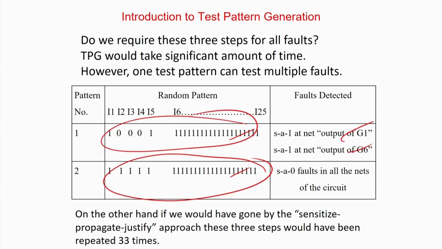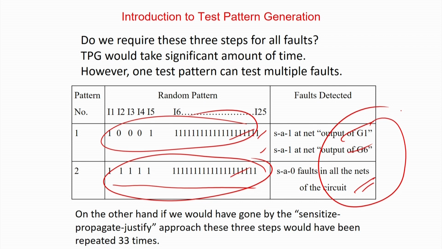I apply all ones as a random pattern, because randomly some arbitrary pattern you generate and apply and see how many faults get covered. If this is generated randomly, you will find out that stuck-at-0 faults in all nets are covered. Generally, in random test patterns we sometimes also apply some deterministic ideas, that we always use all 0 and all 1 patterns for testing, because they have slightly high coverages. But these are some offshoots from the algorithm. For a very normal situation, you just say I apply random patterns, maybe these are the 2 random patterns generated, I applied, and I found out that these are the faults already covered.